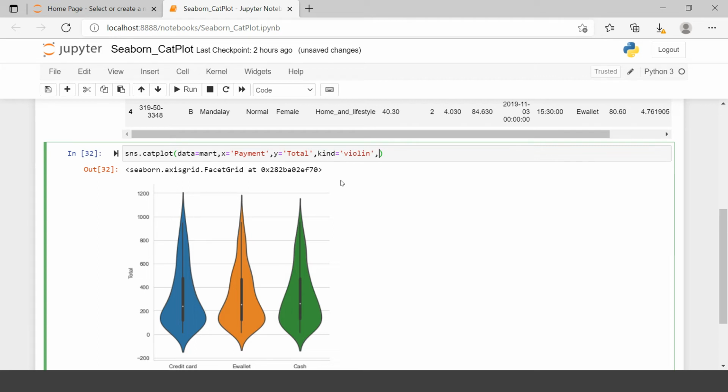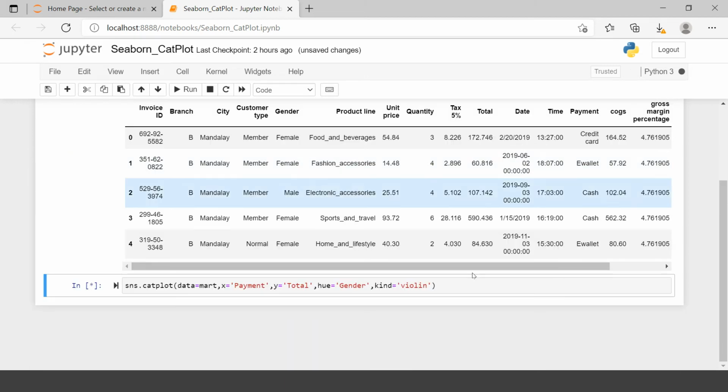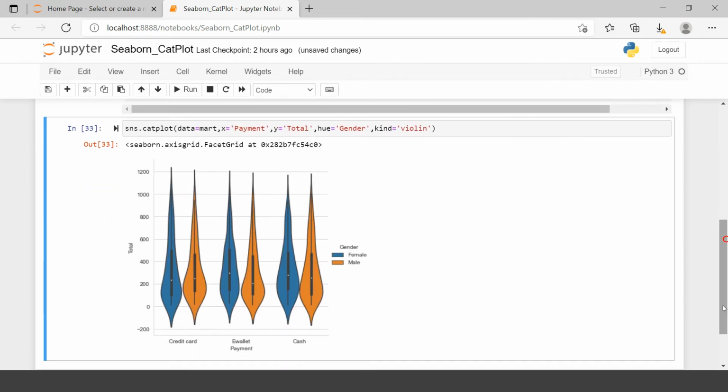Now let's continue with the violin plot over here, and let's include one more variable which is called hue, and on the basis of that we can do this. This is something which we have seen previously as well, right?